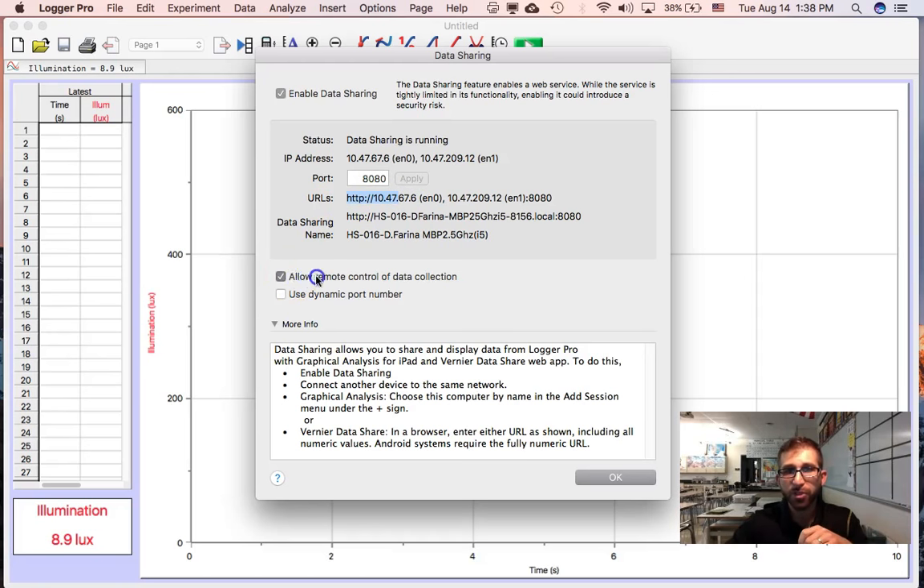Be careful that you uncheck this box where it says Allow Remote Control of Data Collection, because otherwise students can turn on and off your data collection and ruin the experiment. So you want to make sure you have that Allow Remote Control of Data Collection turned off. From the computer side, this is all you need to do, but from the student side they need to